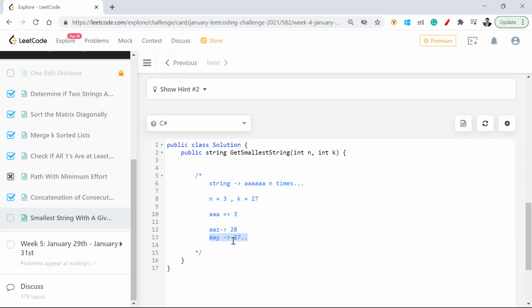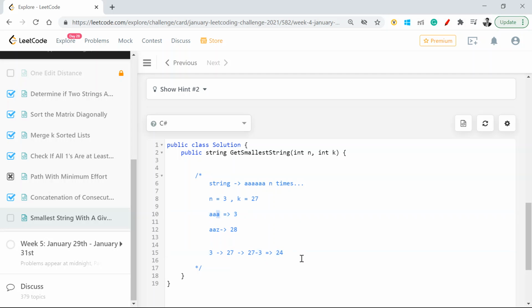So what I'm trying to do is, my current value is 3 and I need 27. What is my difference? My difference is 27 minus 3, which is equal to 24. So I need a value which will be 24 indexes on top of my current index, which is 1.